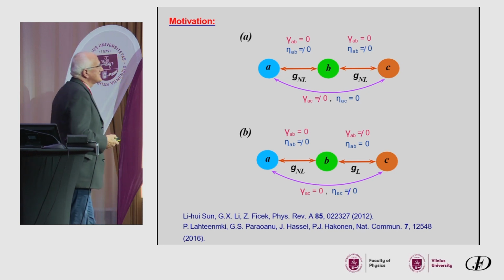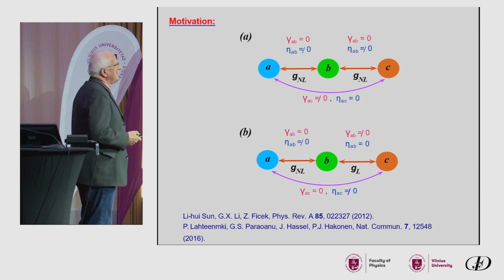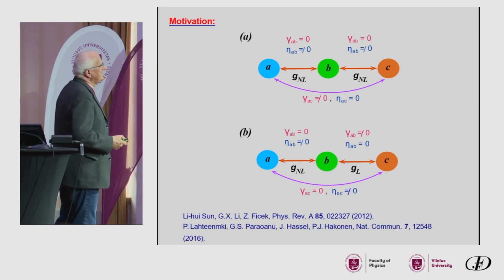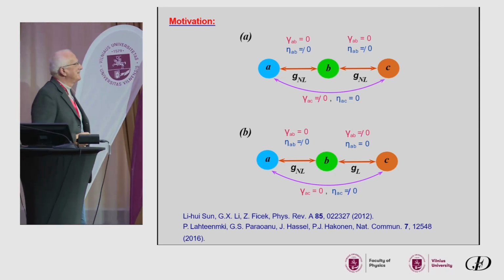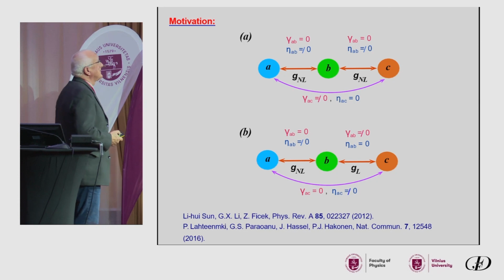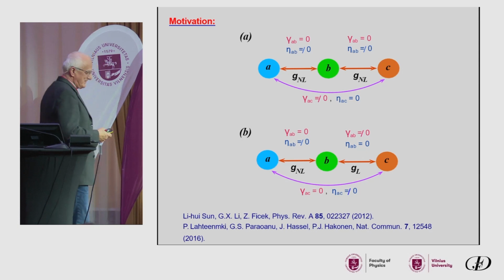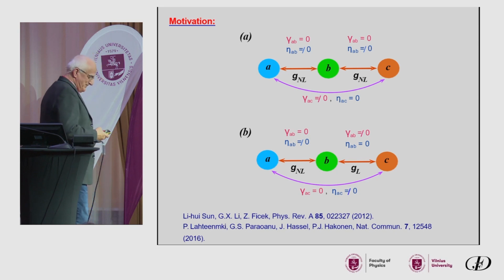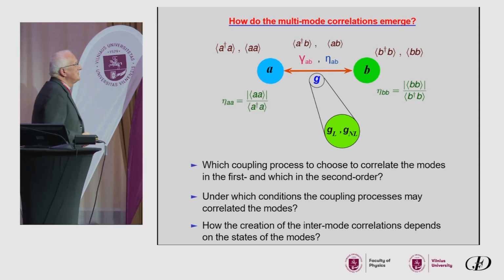And the reverse situation: if we apply nonlinear coupling between A and B, we create entanglement. Between B and C, we apply linear coupling, we create coherence. The question is, what is the correlation between A and C? The answer is that they are entangled. So you see, applying couplings to create long-range coherence or entanglement, even on these simple short chains, is not easy to predict. And so today I will show you an even simpler situation, when we have two modes, and